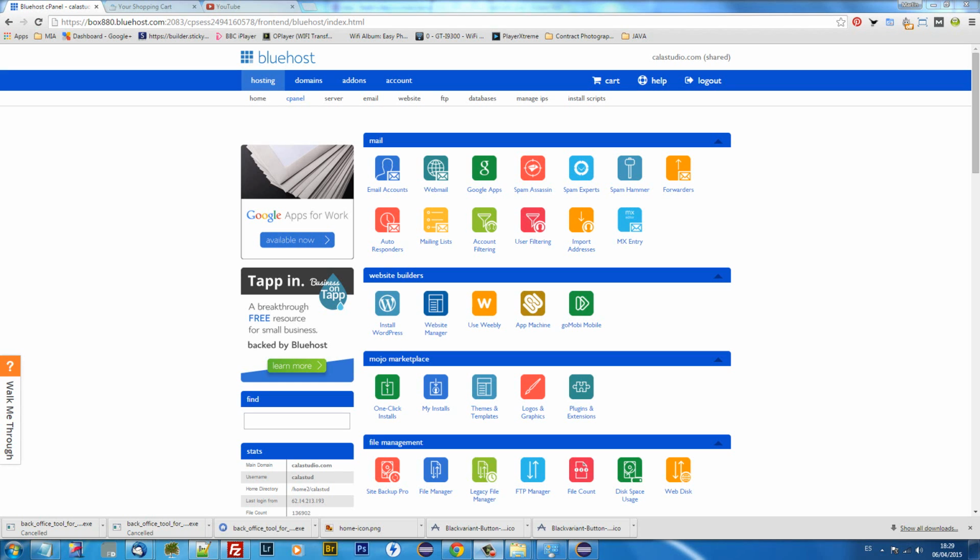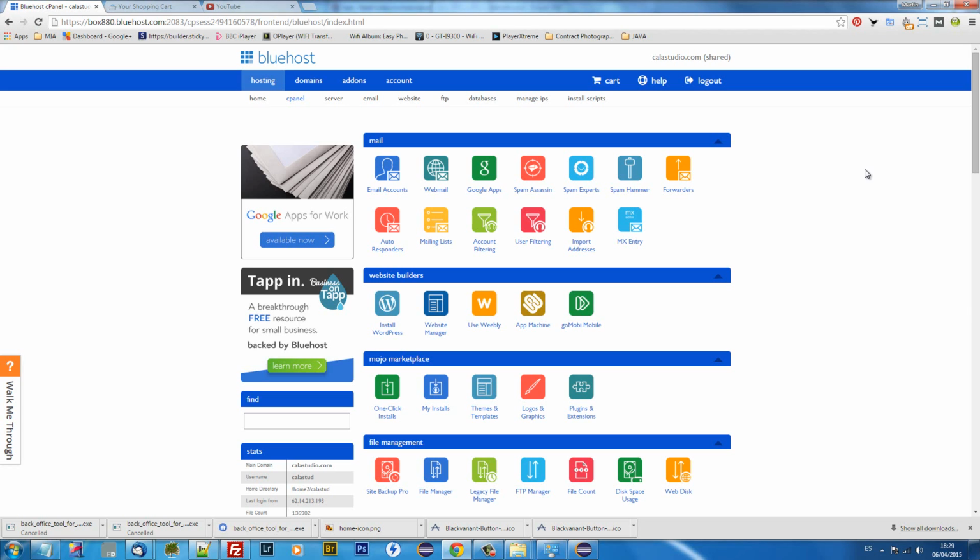We're just going to go through the steps required to set up the back office tool for the Real Homes WordPress theme. First of all, you need to have access to your hosting. So you're going to need access to your cPanel if you have one, and if you're not a developer, then you're going to have to speak to your developer to follow the instructions to get the tool